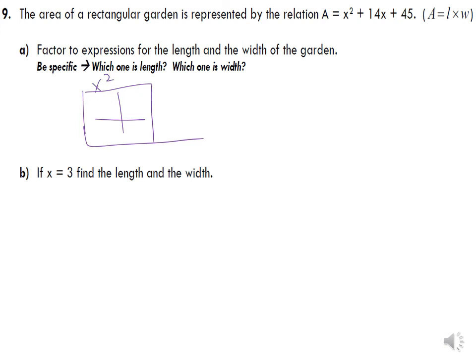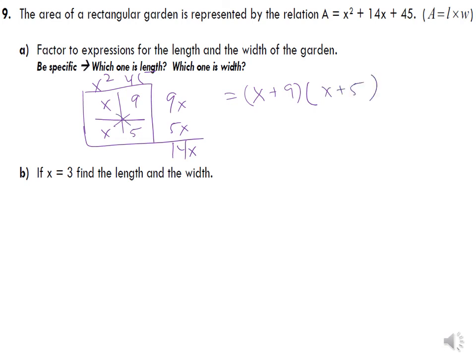X squared, 45, and 14x. 2 things multiplied: x squared, x and x. Things that multiply to 45, you could try some different things. I like 9 and 5. 9 plus 5 is 14. 9 times 5 is 45. It works. So when I factor this, diagonals, x plus 9,